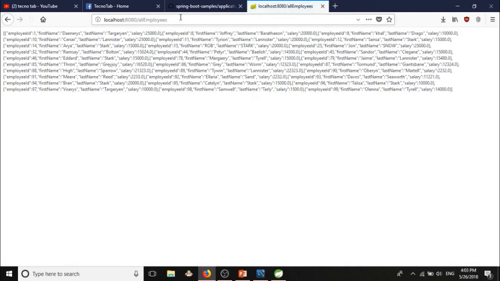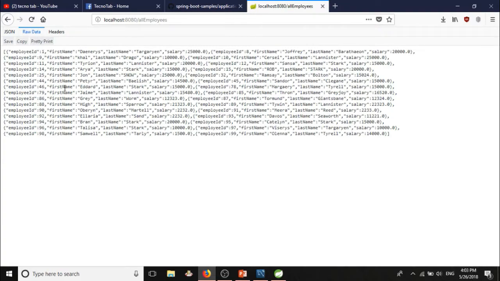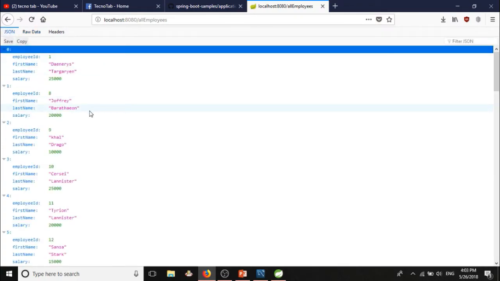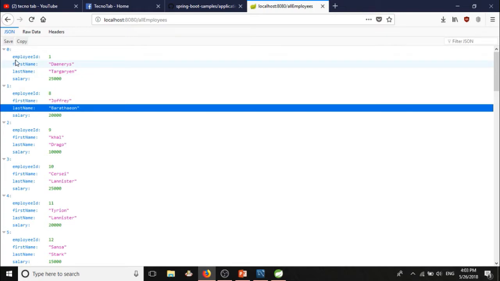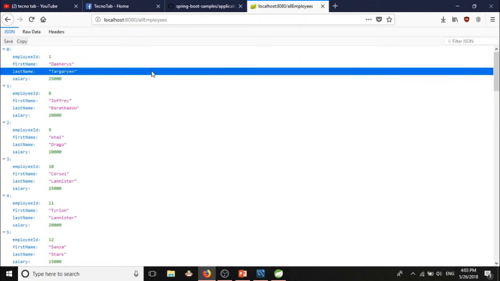Let's see the result. As you can see, we have got the result in the form of JSON objects. You might be getting it in a raw form, but as I have the latest version of the browser installed, I'm getting a JSON response as well. You can see it's the same table: ID, first name, last name and salary.